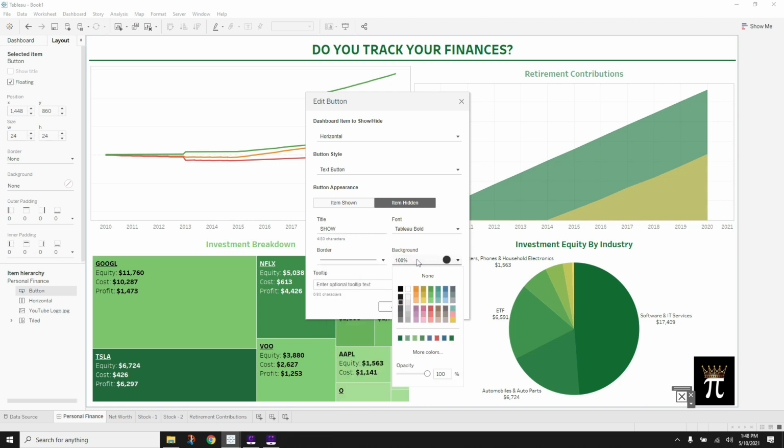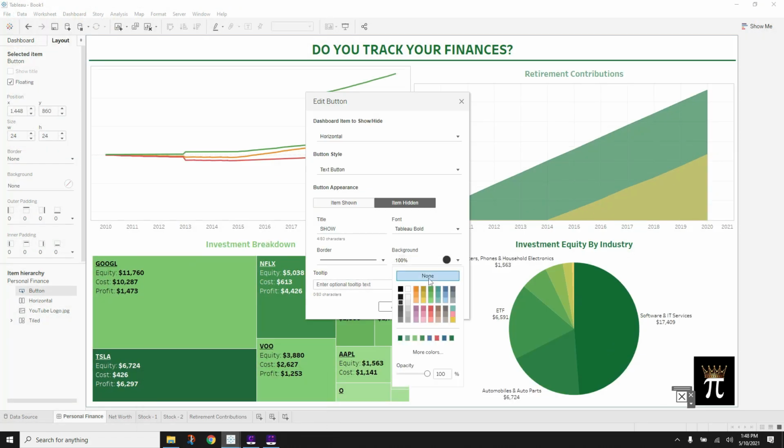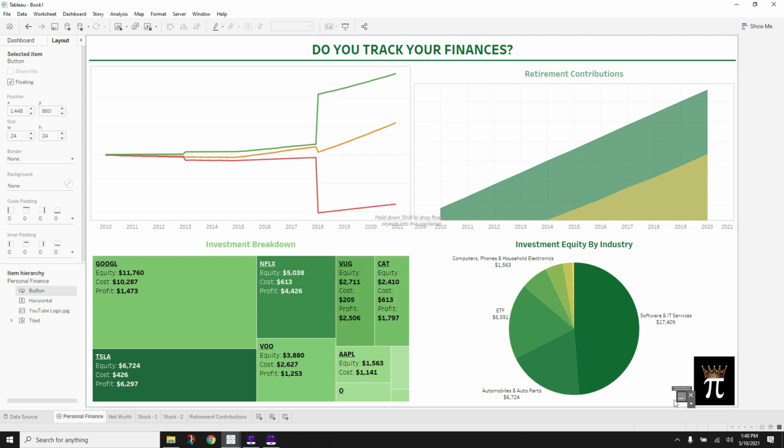Same thing, add a border, and then for our background, we'll leave it as black. I believe black is what I used over here. I use green. Okay, so we'll change it to green. Just dark green. Looks good. No tooltip. Apply. Looks good. We'll just resize this over here. About that size. Looks good. Cool. So right now, it's saying hide because it is showing technically, even though nothing is showing because there's nothing